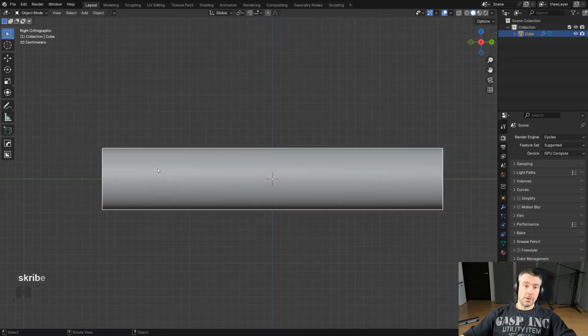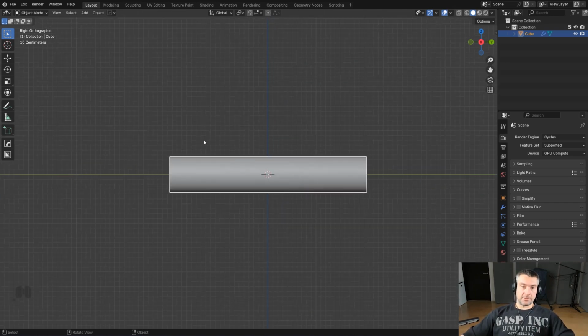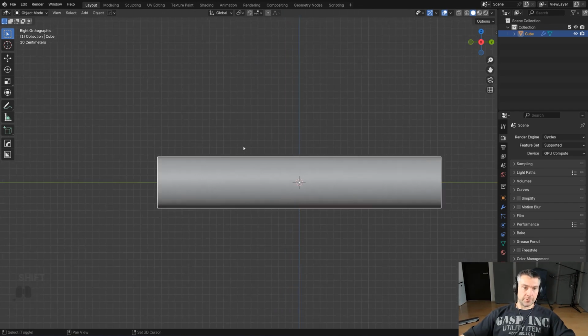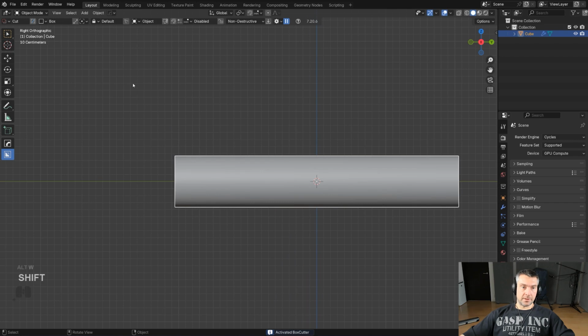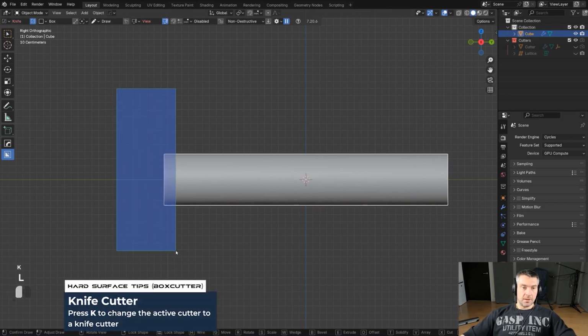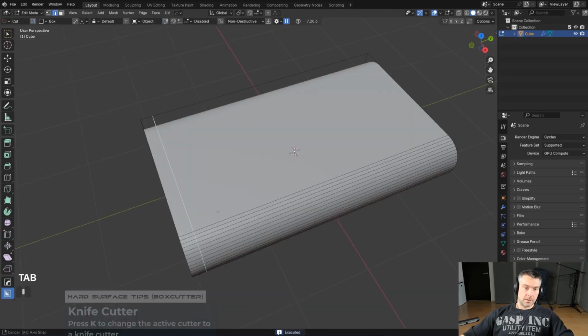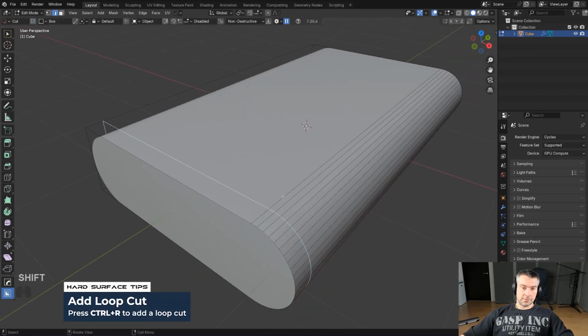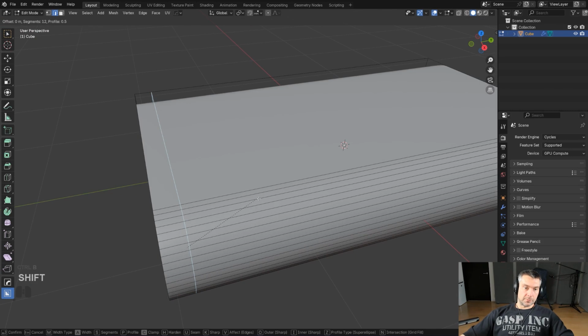So what we're going to do is start slicing this item and create something more interesting. First, I want to slash the front, so I'll press W to enter box cutter. Now we're going to run a box cutter here, and we're going to press K for knife, and slash this. Obviously, you can also run a loop like this with Control R, so it depends on what you want to do. We're going to split this